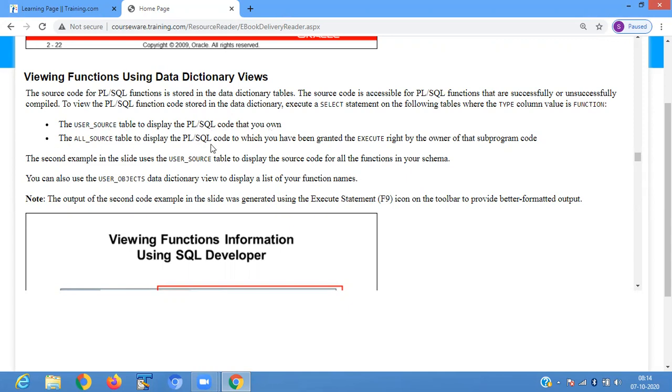The ALL_SOURCE table displays the PL/SQL code to which you have been granted the EXECUTE right by the owner of the subprogram code. So if you have the right privileges to execute the function, ALL_SOURCE and USER_SOURCE are used to display the PL/SQL code.